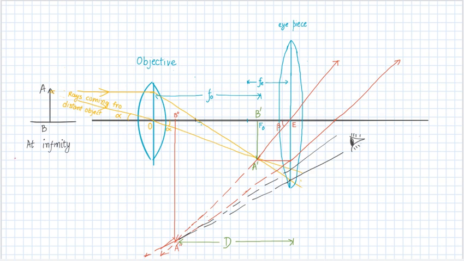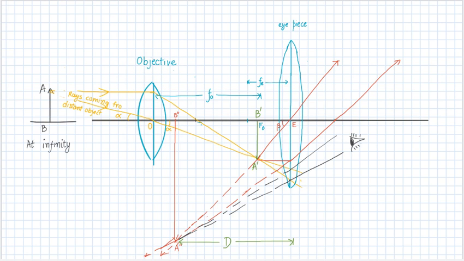By infinity, it means it is placed very, very far. Since the object is placed very, very far, you can consider this distance negligible in comparison to this distance, the distance between the object and your objective. So what I'm saying is that